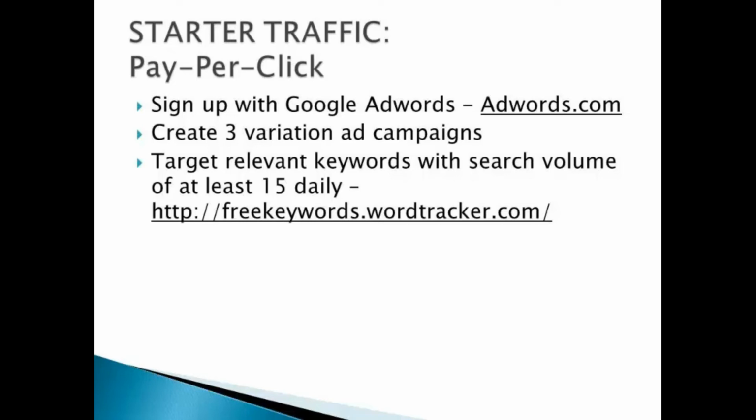Next, you will need to target relevant keywords with a search volume of at least 15 searches daily. This is the bare minimum, and depending on how hot the demand is in the niche you're in, you will want to target keywords where not only are the targeted prospects searching for them, you want to get as many impressions as possible to increase your chances of getting click-throughs. So, for example, if you're selling golf balls, you will want to start searching for keywords like golf, golf clubs, golf resorts, and so on, because the kind of people who will search for these keywords are typically golf players and not people from other sports or interests.